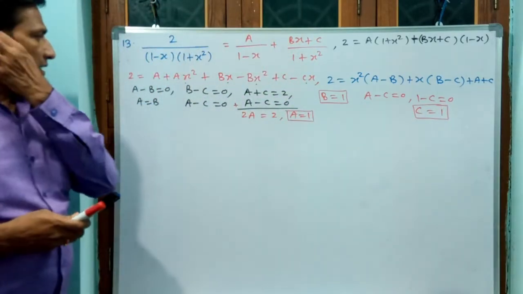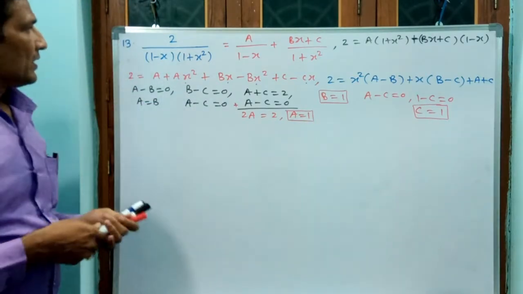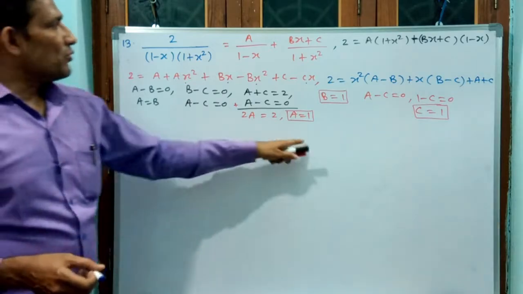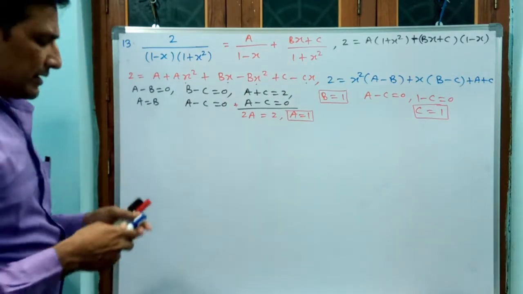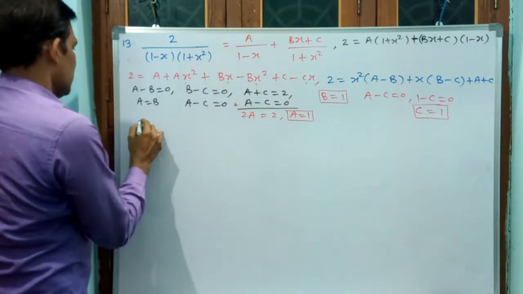See, what is the specialty here? a is also 1, b is also 1, c is also 1. Okay? Now go back and substitute these a, b, c values and take integrals. You see how I am writing. a is 1, then 1 by,